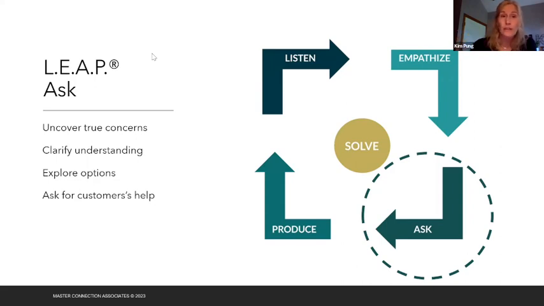So our first goal in asking questions is simply to clarify the understanding, just to make sure we really get what they need, and also help explore some options, because as we ask them questions, we're going to find out more about what their needs are, maybe about the particular attendees, maybe about the scope of the event or the program, which will maybe help us come up with alternatives to what they're asking, where we've got to get creative with those solutions, but we've got to start exploring those options.